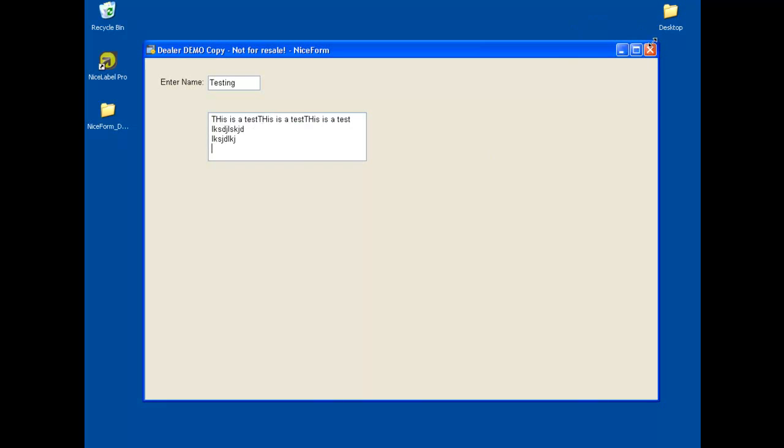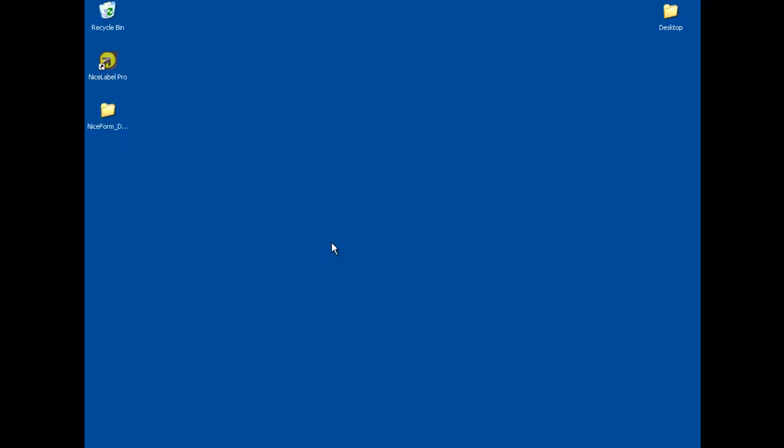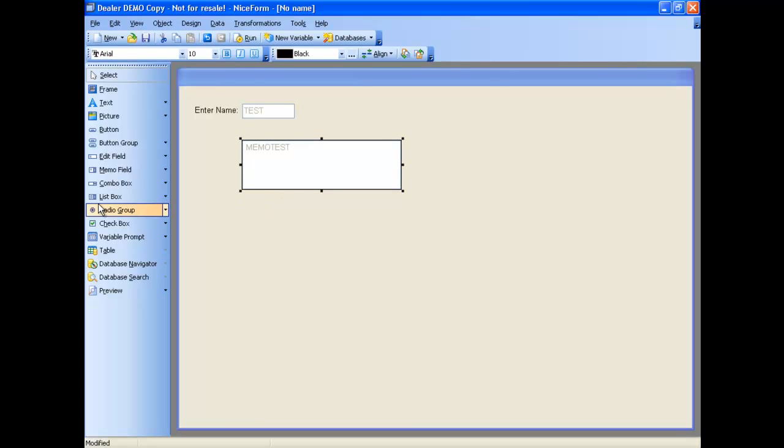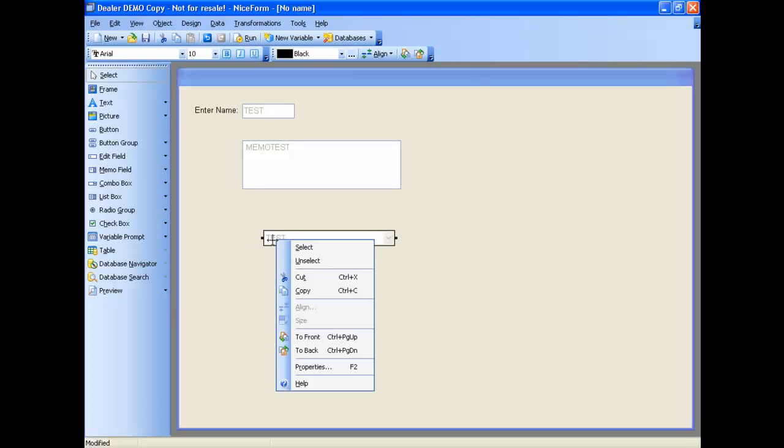The last thing I wanted to talk about inside of this interface is showing a list, and there's multiple ways to show a list. There's a list box, we call it a combo box, which is a drop-down box, a radio group, and these three things allow you to create a list. And so if I were to insert using the variable test, and you can have multiple objects connected to a single variable. So if I inserted a drop-down box, if I right-click and choose properties,